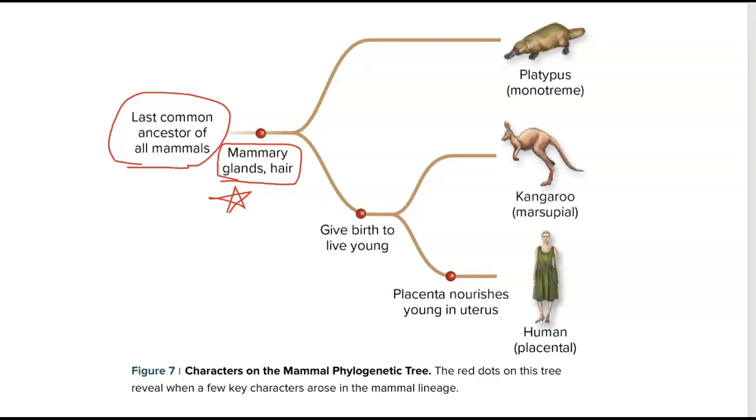Now within mammals, most mammals give birth to live young. Those individuals went down this evolutionary path. So there's our birth to live young. But some mammals, what we call the simpler ancestral ones, lay eggs. You guys ever heard of a platypus, duck-billed platypus? We call them a monotreme. They actually lay an egg. They lay an egg like a turtle or an alligator or a lizard.